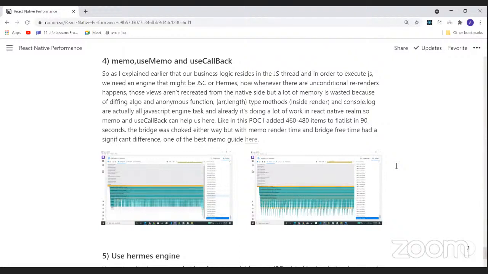In the Flipper messages which I'm going to show you, I created a small POC where in 90 seconds I added 460 to 480 items in FlatList by tapping on a button continuously. The bridge was choked either way, but with Memo, render time and bridge free time had a significant difference.